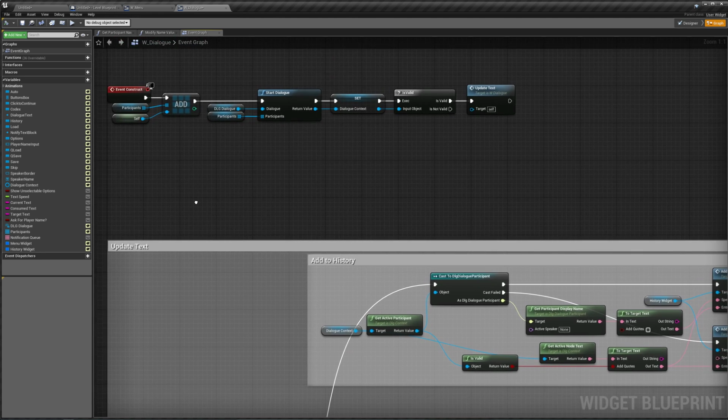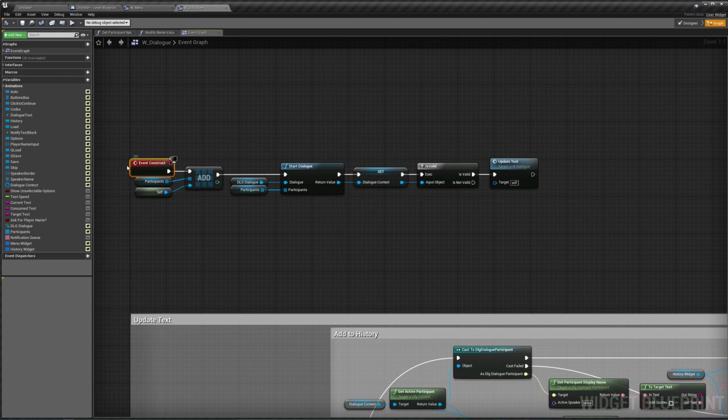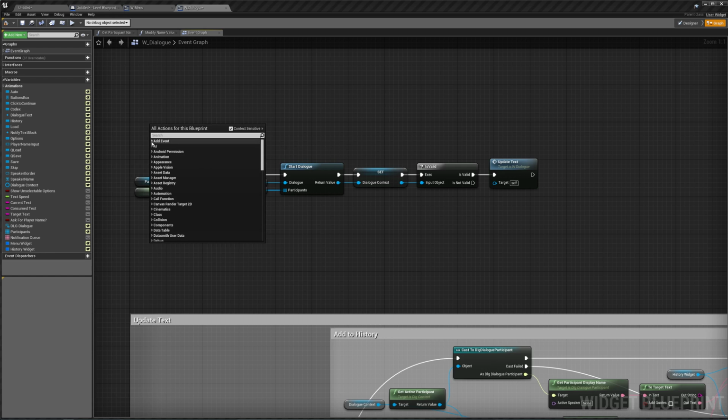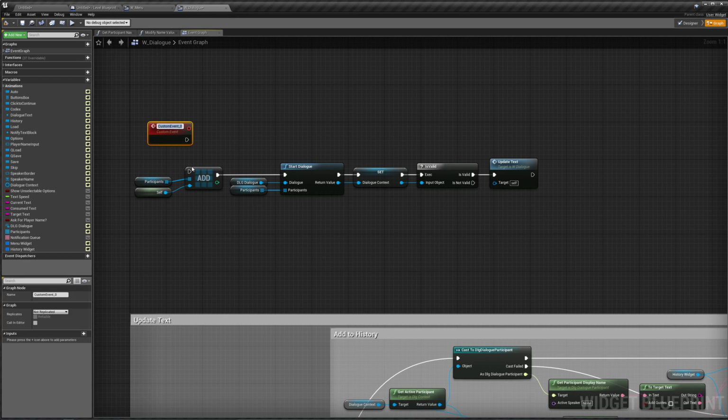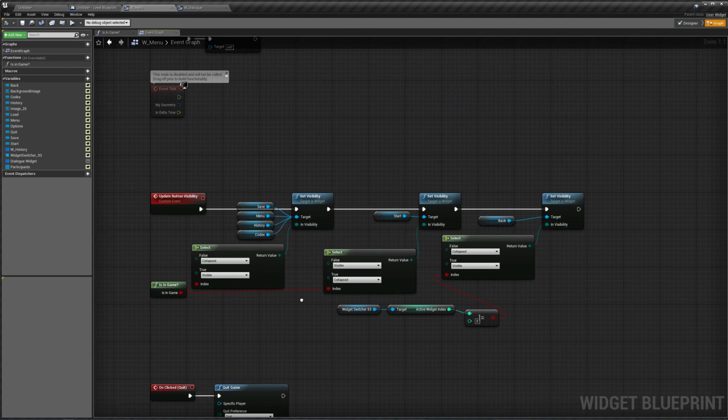Anyways, so that's going to be a big problem, so let's move this out of the event construct. So we're not going to have event construct anymore. We'll just make another new event. We'll call this add custom event. We'll call this start dialog. Sure. Let's compile, save this,